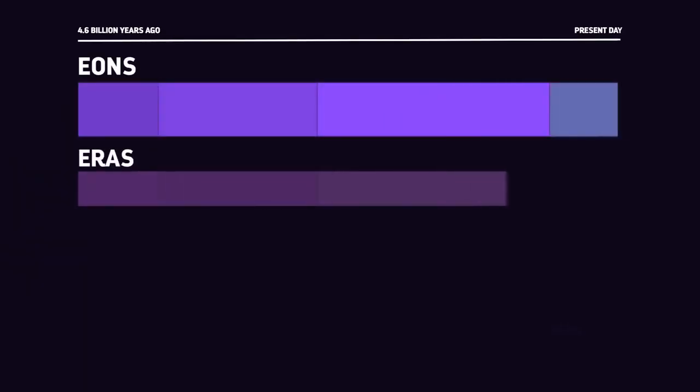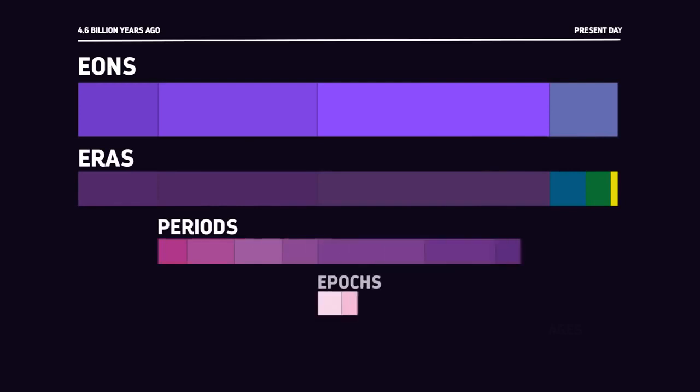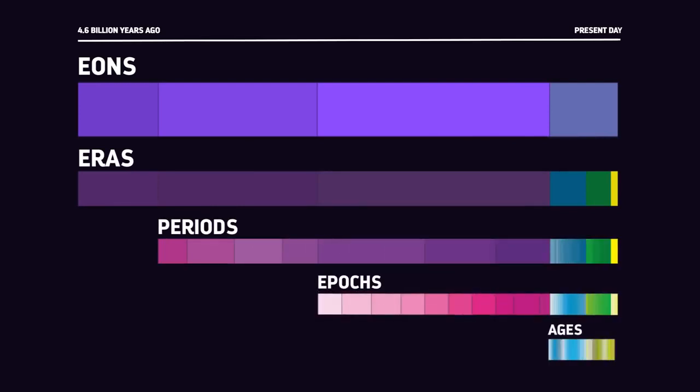The GTS has been reworked many times to reflect the latest knowledge of Earth's history, and today it's organized into 5 subgroups: eons, eras, periods, epochs, and ages. Organizing time in increments like this allows us to ask questions about history on different scales.